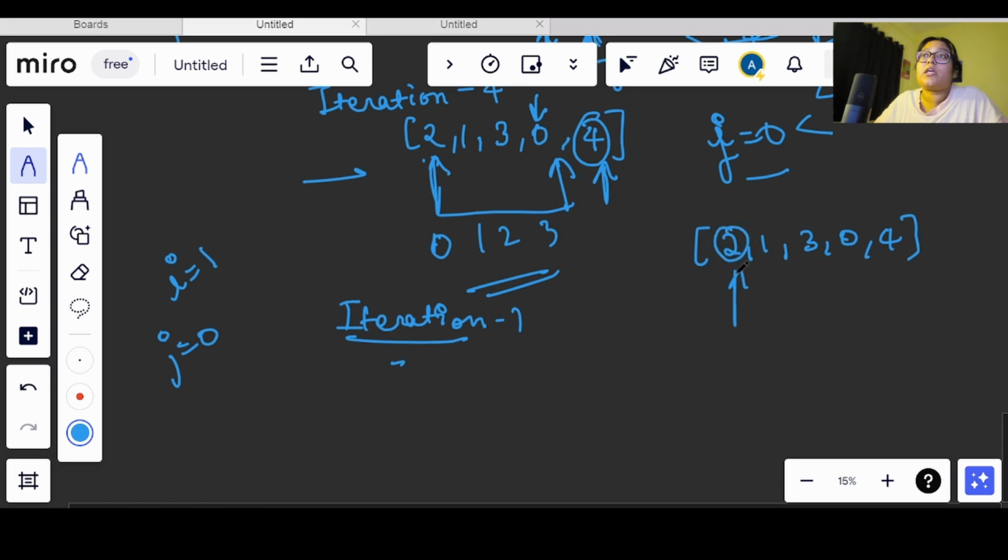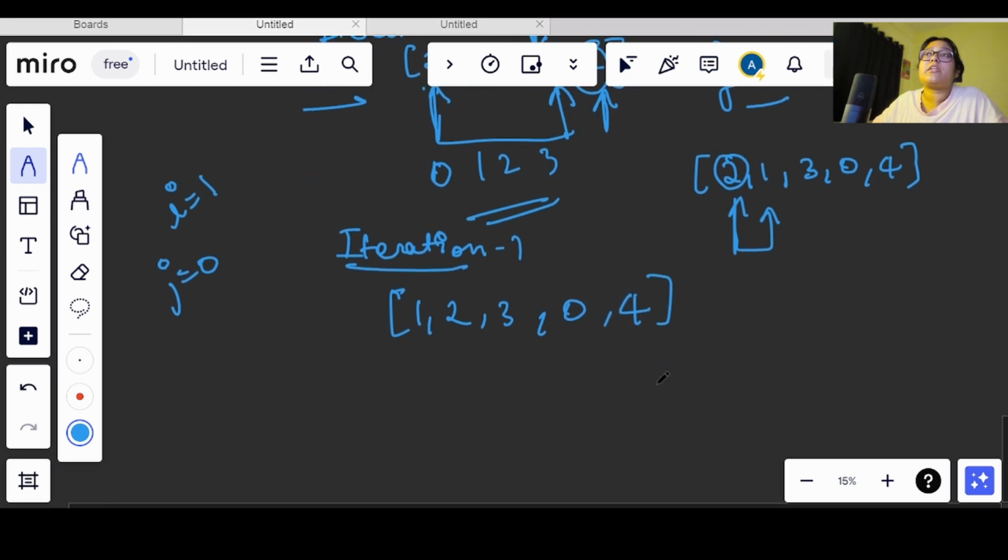This is greater. Again what we will do, we will swap it. Let's swap it. So 1 2 3 0 4. In the first iteration we got 1 2 3 0 4. In the second iteration